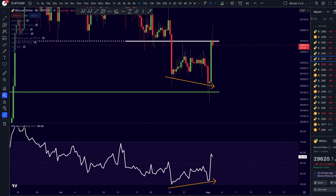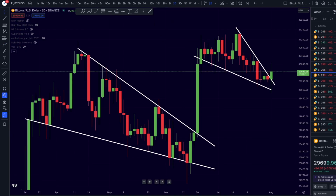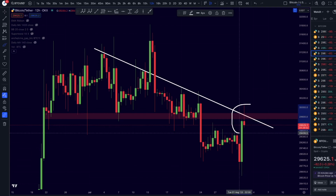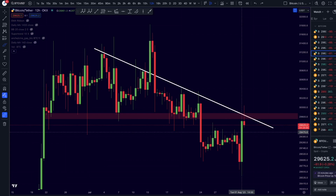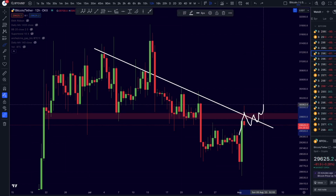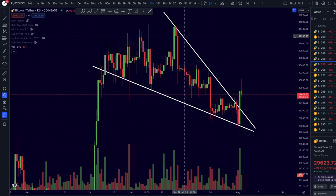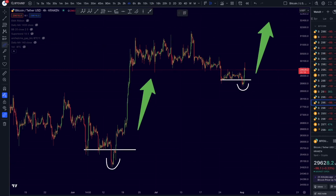Now the charts are looking very good again. We have already been talking about this for a couple of weeks, and we are finding some kind of resistance. We need to be getting back above this resistance in order to really flip bullish. But first of all, looking at the imminent short term, what I find very important